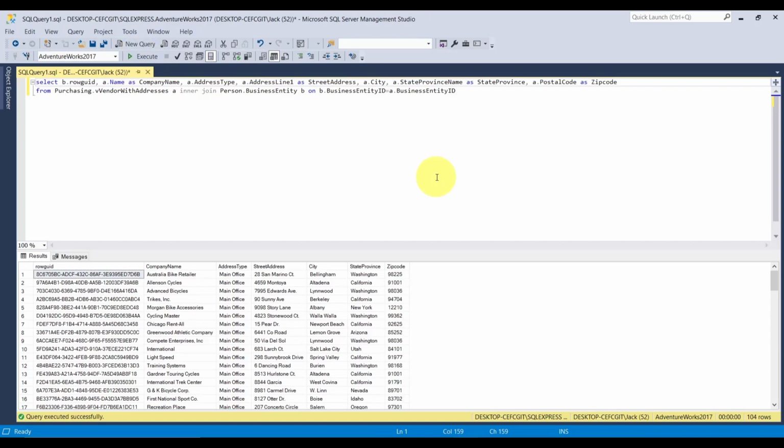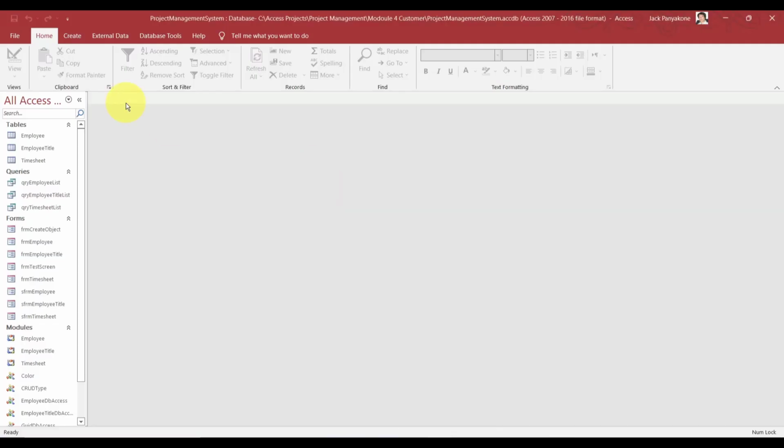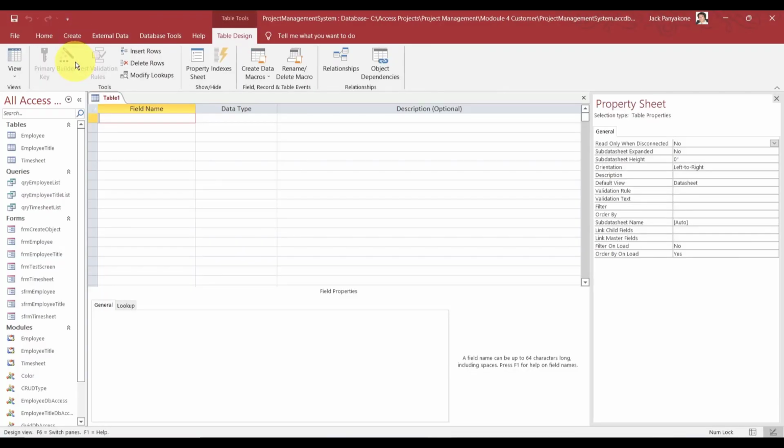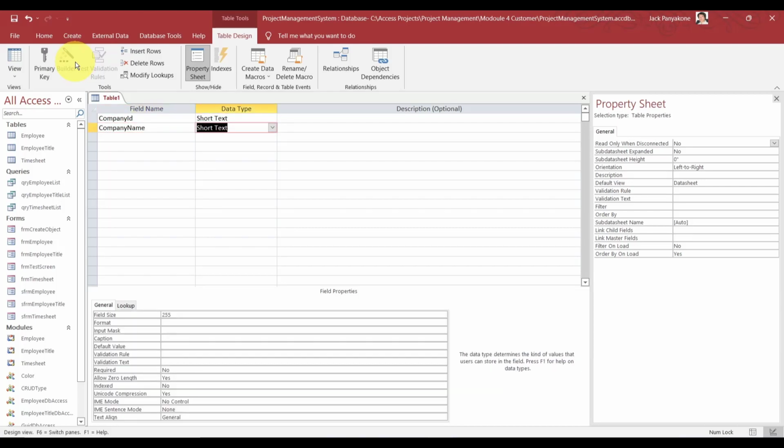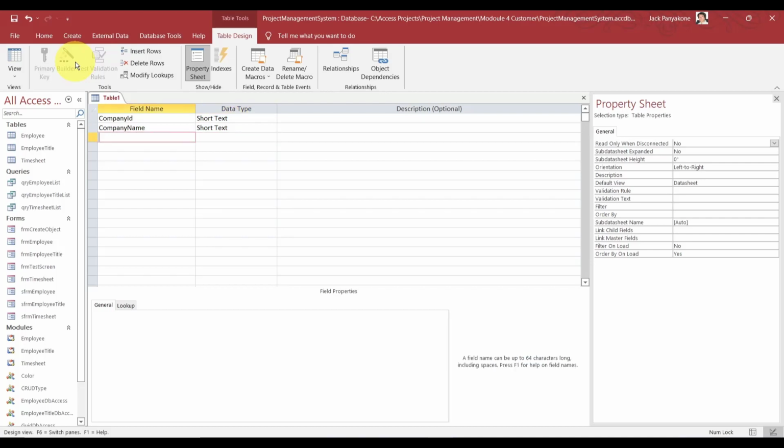Good, we got 104 of them. Right down there, we're at 104. All right, that's what we need. So let's pop back to our Access. We are going to create a table. We're going to call this company ID, short text, company name,